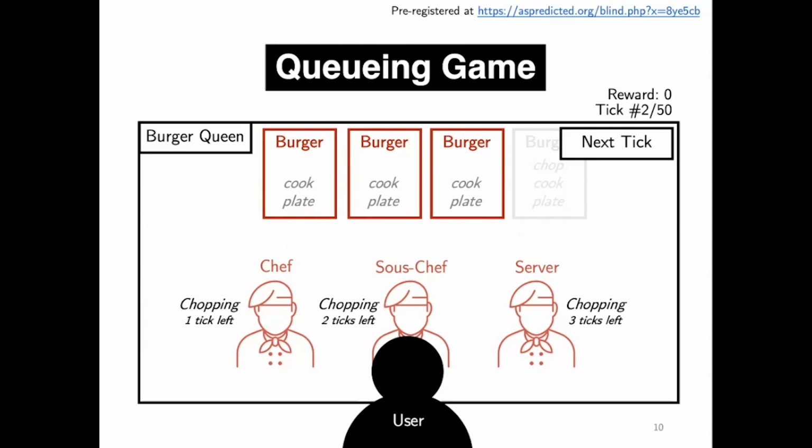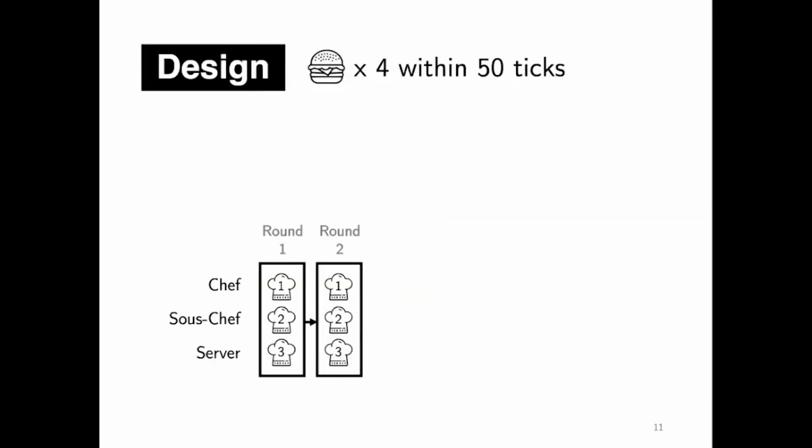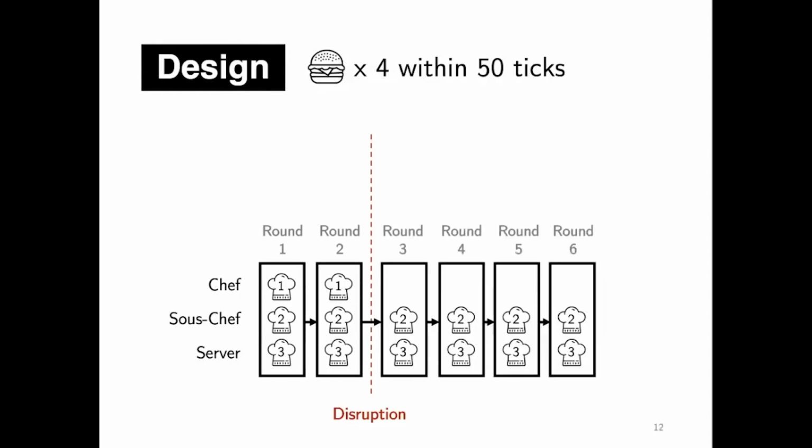This sequential decision making is pretty challenging for humans because they have to trade off short-term and long-term rewards in ways that are often unclear. Here's the flow of the game. They will start off playing the normal scenario with three virtual kitchen workers for 2 rounds. And then unfortunately, the chef, who is the most capable worker, leaves the kitchen. So now they have to manage the same orders, but with just 2 workers for 4 more rounds. Users will need to unlearn the old policy that they were playing before. And this is obviously much more challenging for humans to do.